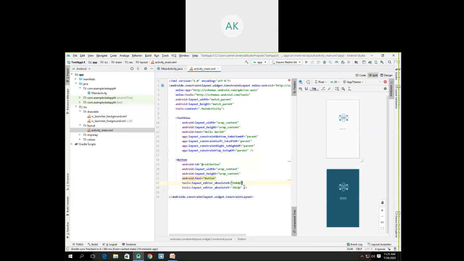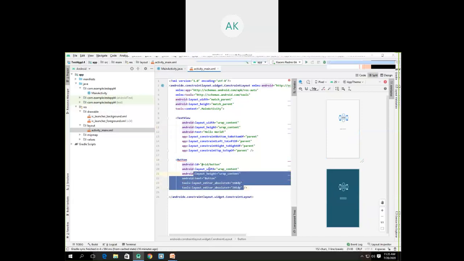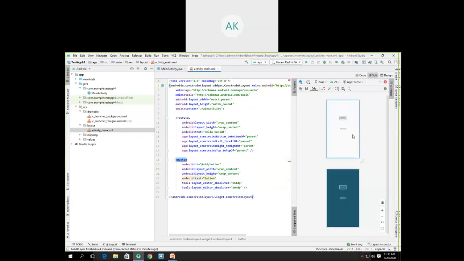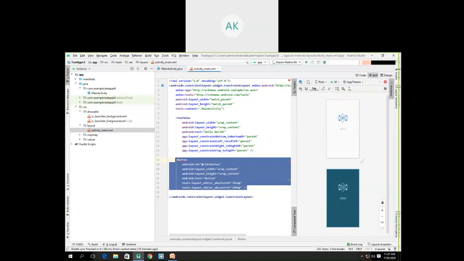You can either write the XML code, or you can work with drag and drop, similar to NetBeans. But personally, my recommendation is to go with the XML code rather than drag and drop, because this drag and drop is not as sophisticated as compared to NetBeans.